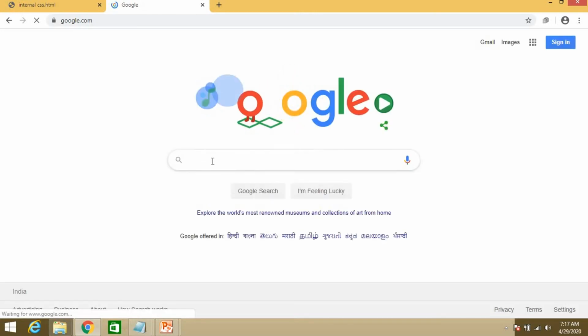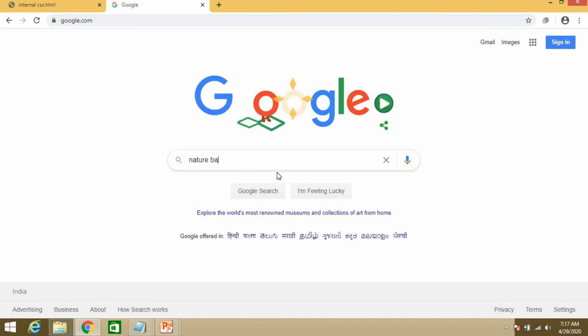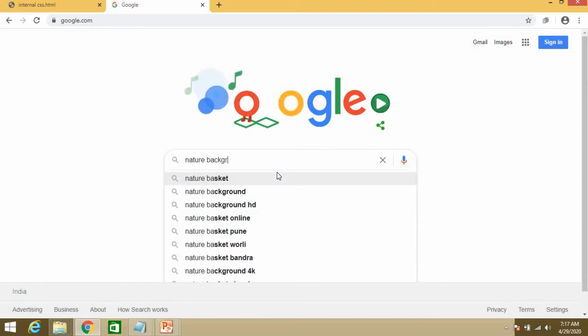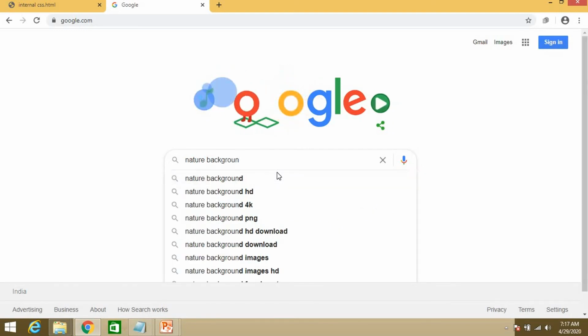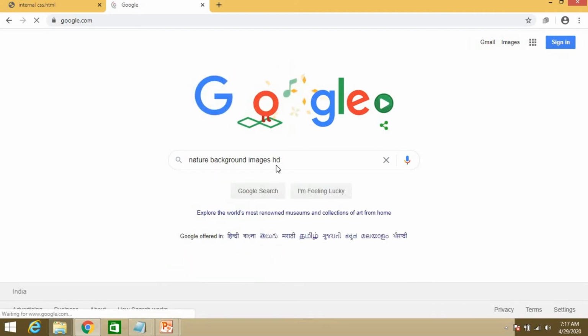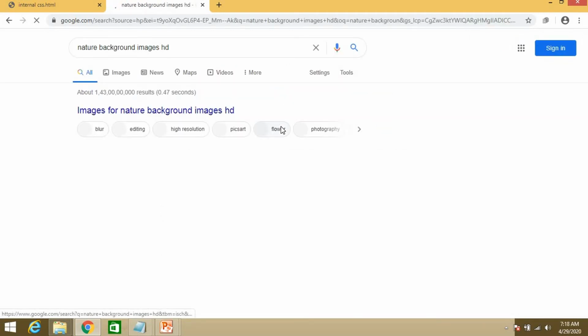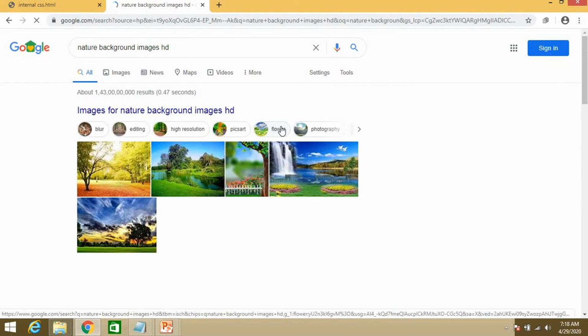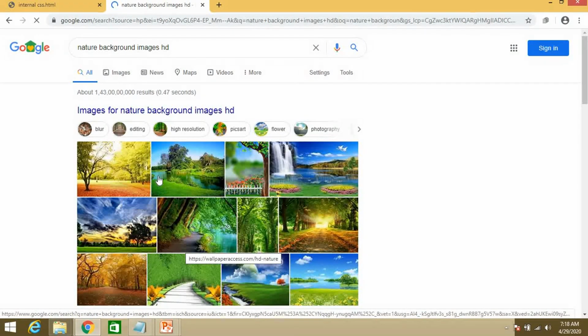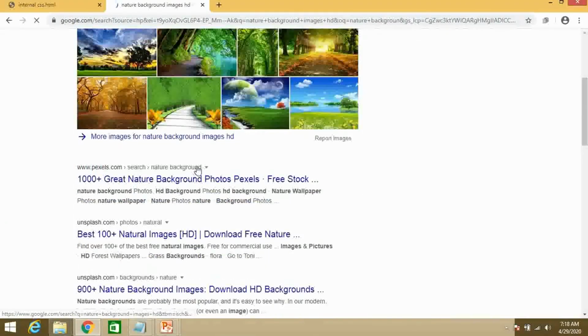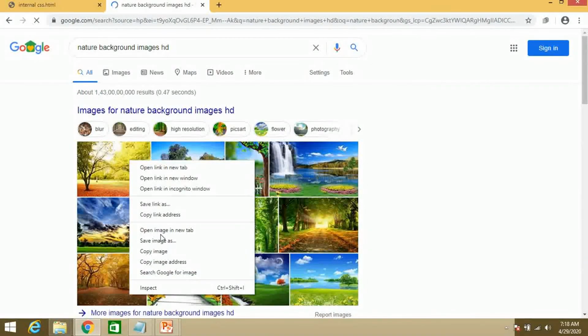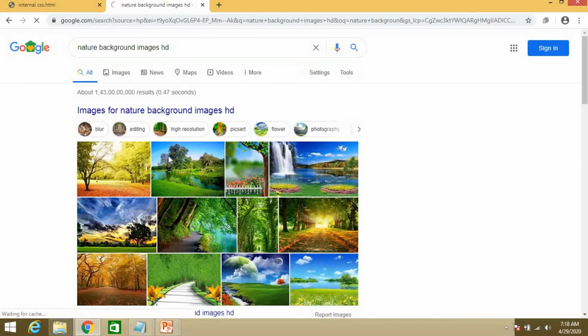Just write down nature background images. Take any of the images from over here. I'm taking this one. Right click, save image as.